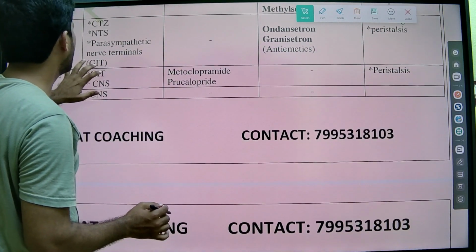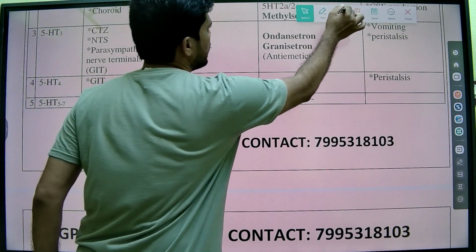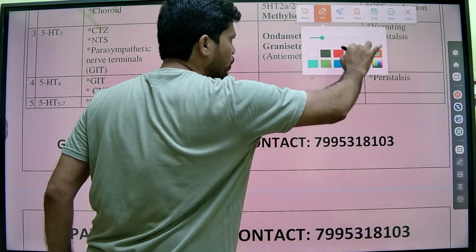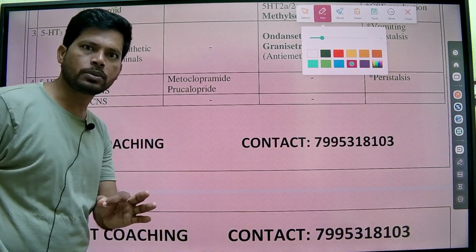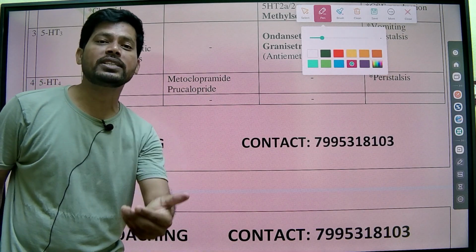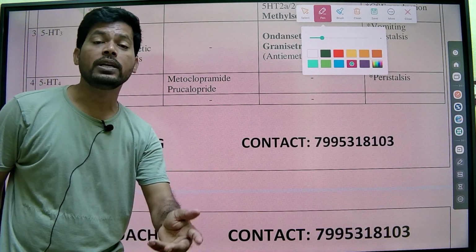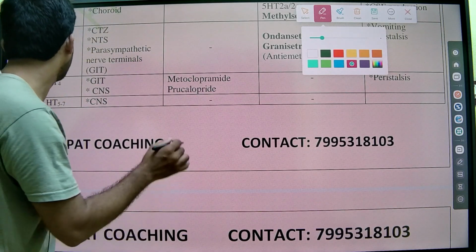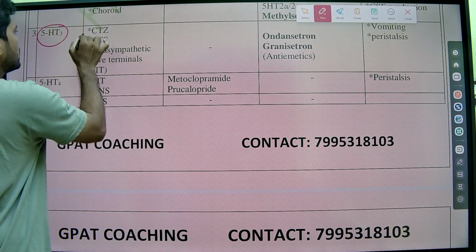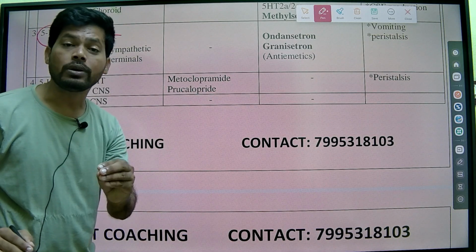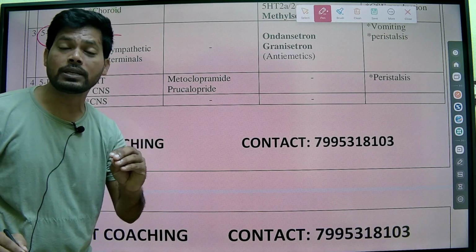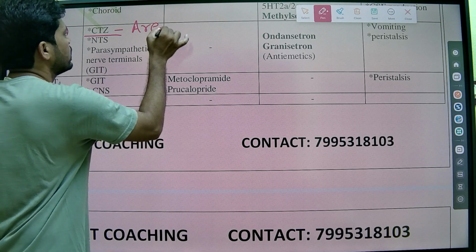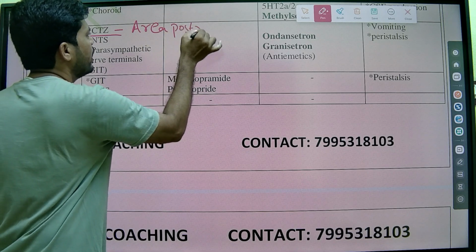And next, serotonin type 3 receptor blockers. Serotonin type 3 receptor is the only receptor among the serotonin receptors that belongs to the ion channel receptors, and stimulation of the serotonin type 3 receptors produces vomiting. That's why serotonin type 3 receptor antagonists are anti-vomiting drugs, they decrease the vomiting. Serotonin type 3 is present in the CTZ, the chemoreceptor trigger zone, the zone triggered by chemical substances and drugs to produce vomiting. And the CTZ is present in the area postrema, its exact location in the brain.